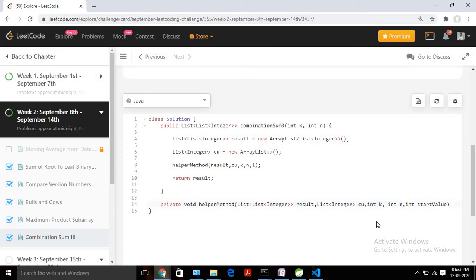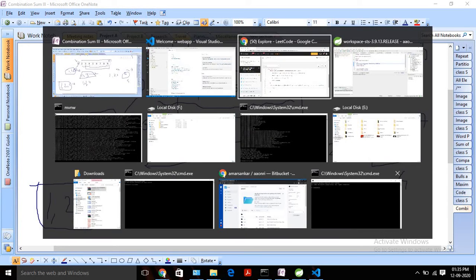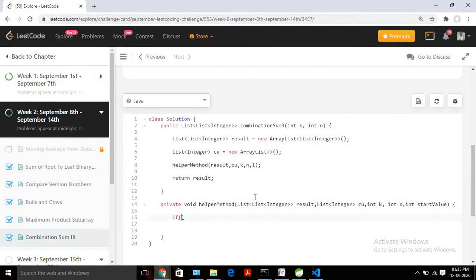Okay, done. Now what I need to check, so there can be some scenarios, right? Suppose I pick 1, then if my n is 7, that means we still need to find two numbers where the sum will be 6. So probably I pick 2, then again my remaining sum will be 4, right? Now suppose I pick another number 7, right? In this case it will go negative, right? So we need to keep checking those conditions also to avoid extra iteration, okay? So I will check, here sum is obviously n, so if n is less than 0, then we can stop execution. We will return from here only, okay?